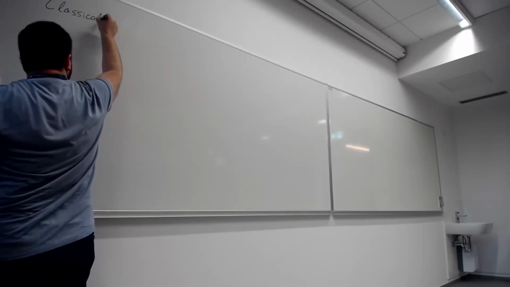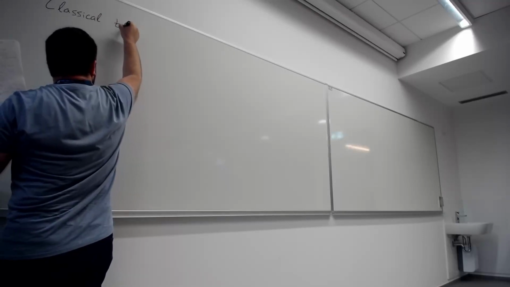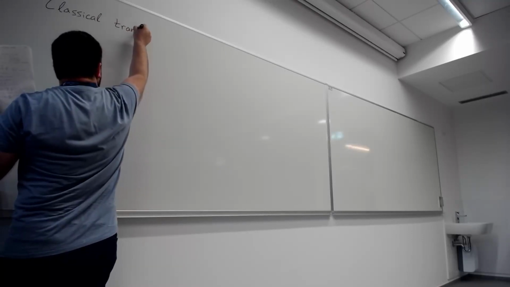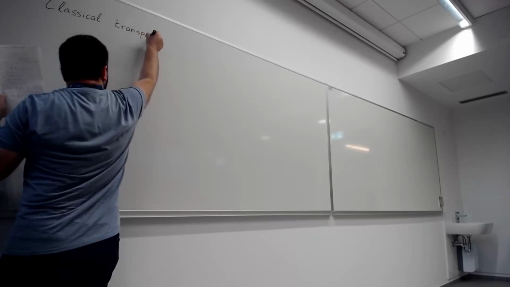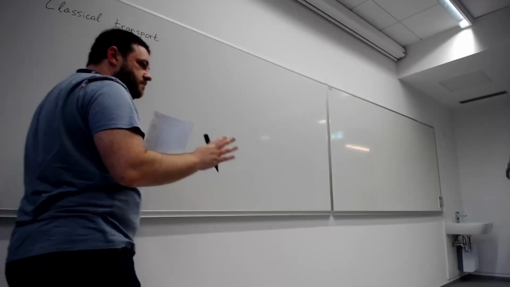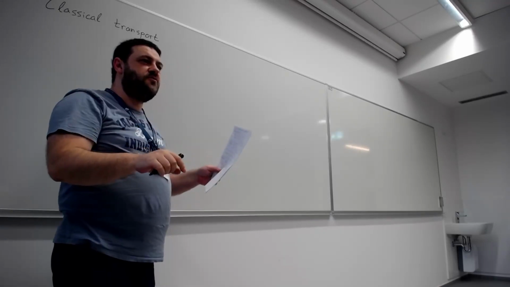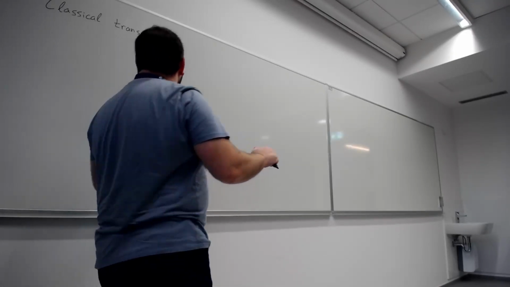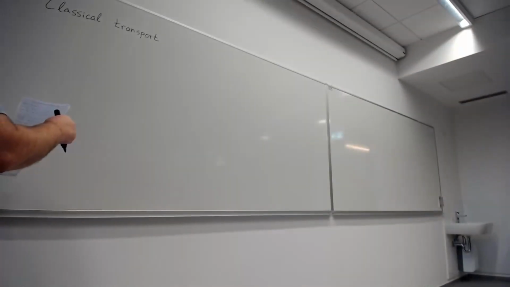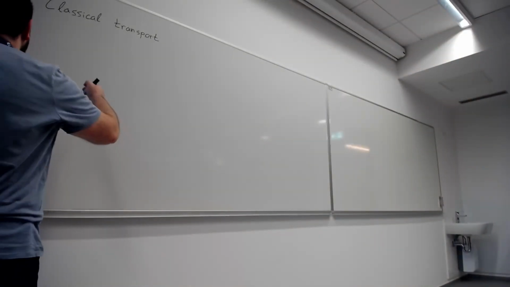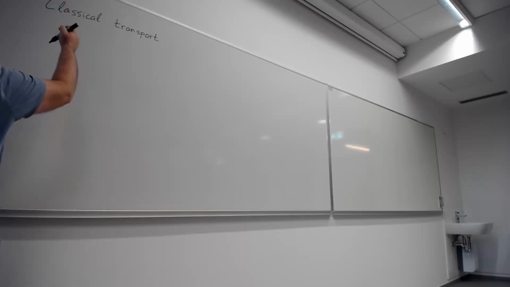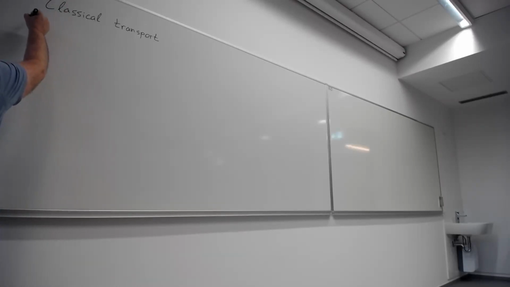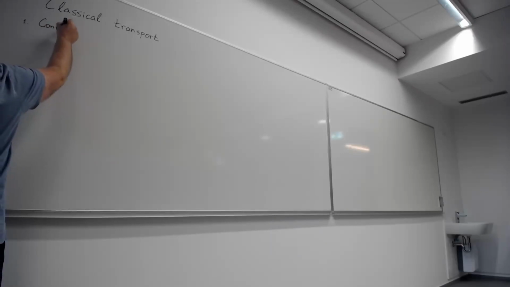So classical transport is a very simple concept. It's about metals and how electrons move inside these metals, how the electrical current is actually propagating, and there are just two basic equations for this, and the first equation is the continuity equation, which is actually, it has nothing to do with